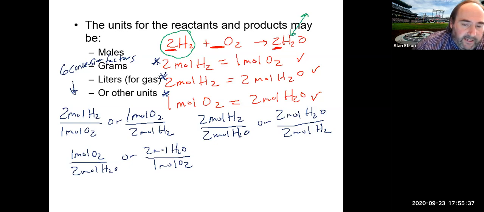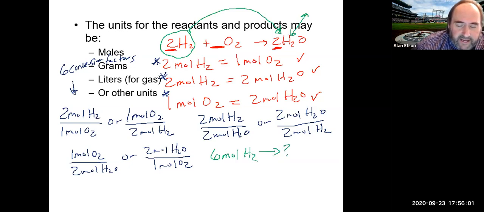And you need a way to go from the H2 in this example to the H2O. And stoichiometry is the way that allows you to do that. Again, really just a conversion factor to do that. So in a simple example here, let's say I started with 6 moles of H2, and I wanted to know how many moles of H2O I would actually make. So what you would do is take the 6 moles of H2,